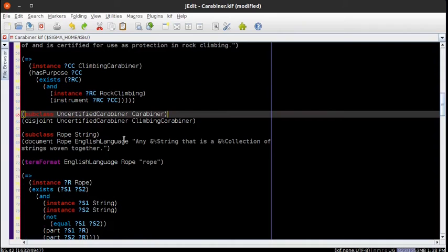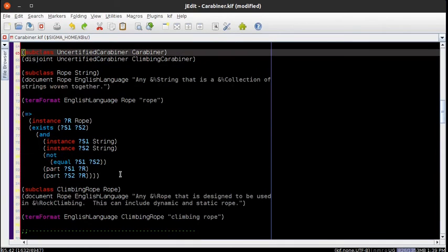I also wanted to add in the notion of rope. We already have string in SUMO, which is any sort of flexible, long, thin thing designed to tie stuff together in some fashion. A rope is a bit more particular in that it's really a collection of one or more strings woven together so that the sum is stronger than the individual strands. And we can get larger and larger ropes that are made from more and more layers or instances or windings of string taken together. So here, yes, we've got rope.